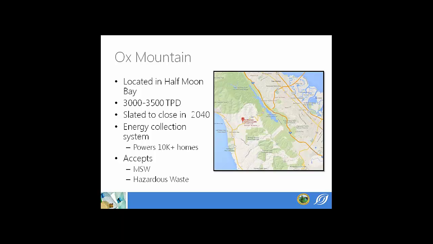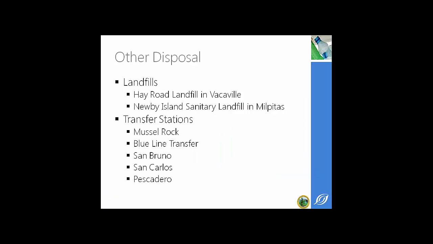So they use seagulls to help with the vector control, and hawks. They use hawks to help with the seagull control on the site, which is pretty neat to see if you've ever toured landfills to see how they do that. And they have an energy collection system that's operated by Amerisco, and they basically collect energy and they supply it to nearly 12,000 homes in Alameda and Palo Alto.